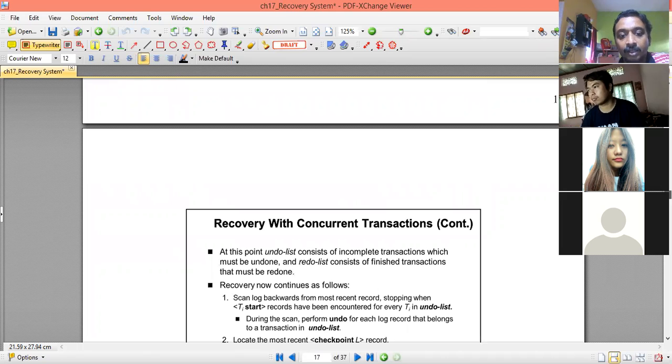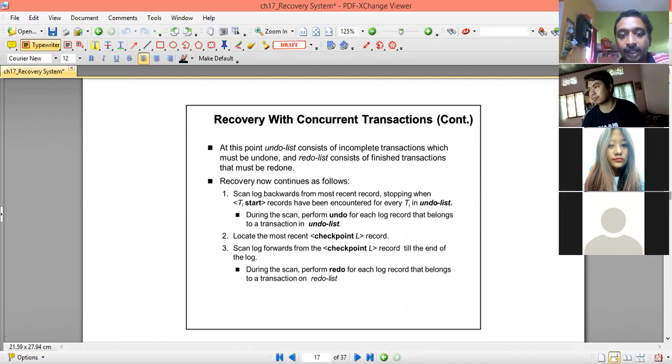Now recovery continues as follows: scan the log backwards from the most recent record, stopping when the Ti start records have been encountered for every Ti in the undo list.